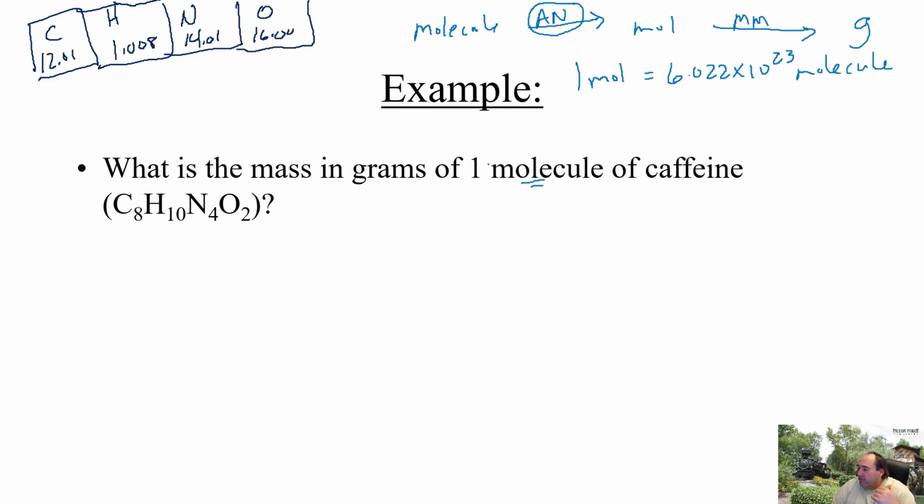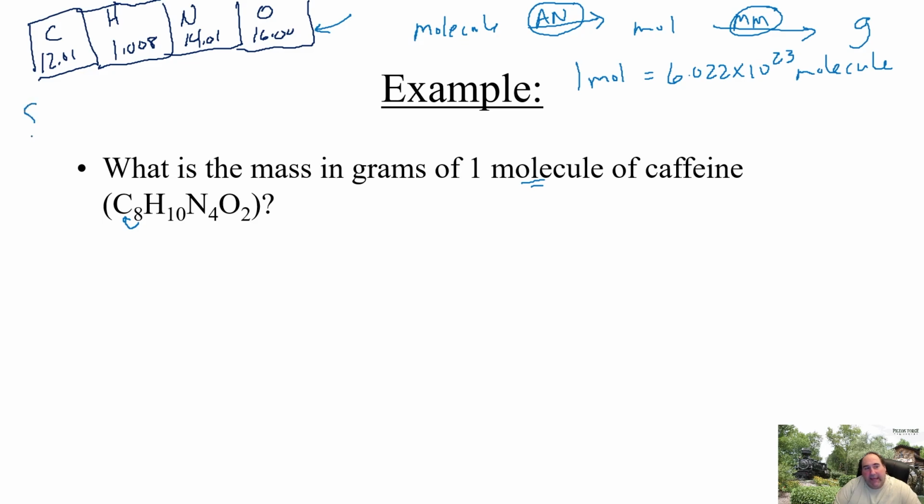That obviously gives us our 2 conversion factors, very similar to what we've used previously: 1 mole caffeine over 6.022 times 10 to 23 molecules, or 6.022 times 10 to 23 molecules over 1 mole caffeine. We also will need our molar mass, which always comes from the periodic table. Just like we did previously, we're going to add up all the parts. So here we go. We have 8